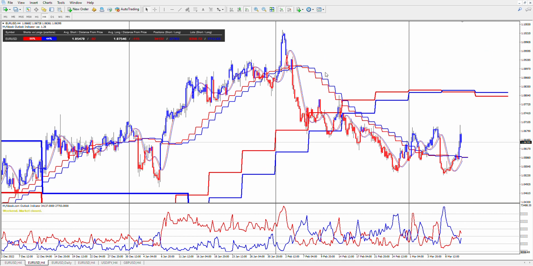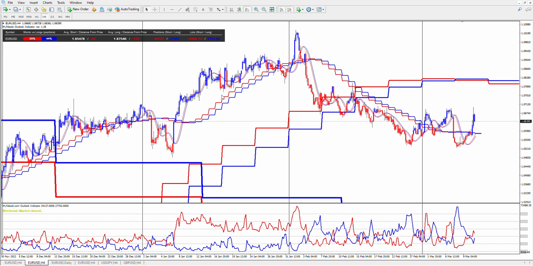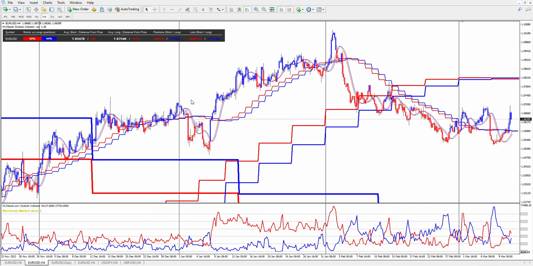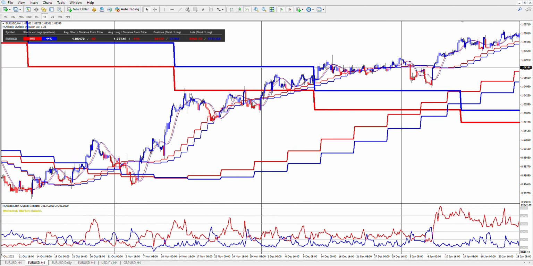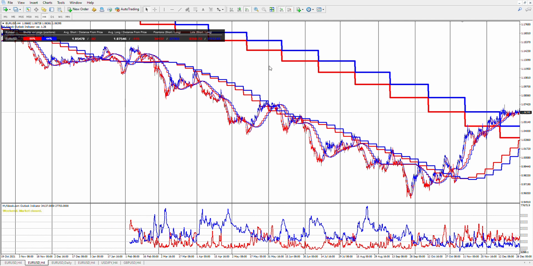It plots moving averages from different time frames. So even if I change time frames, it'll still be the same. It will still be the 8 moving average from the daily, and here is from 4 hours. And if the close is higher than the open for 8 periods, it's also an indication. It's a good extra tool that helps you with direction, because if we zoom out, we can see